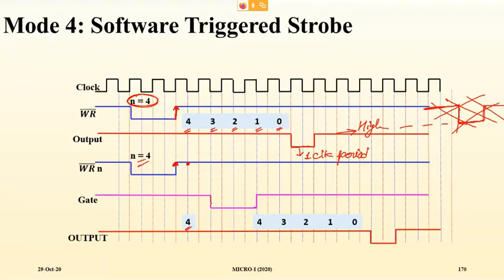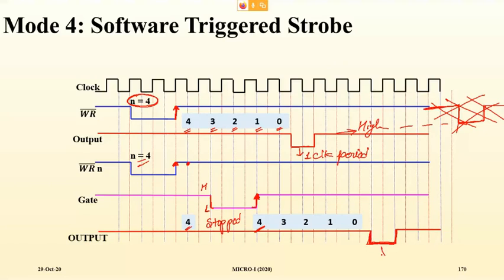Now suddenly you made the gate low. So you made the gate from high to low. So you disabled the gate. Now here the count stopped. The count has been stopped, and the moment you activate the gate after any time period, it is not mandatory, it should be after 2 or 3, whenever you make the gate high, because the count was not completed, the count will start from the count value which was loaded in the beginning. So 4 again, 3 2 1 0,